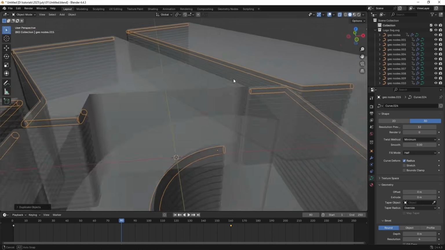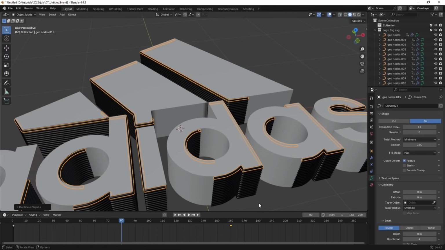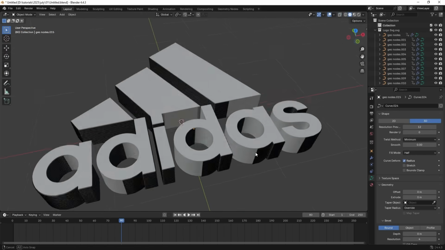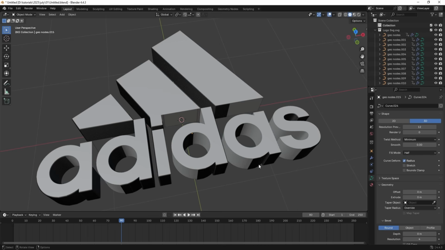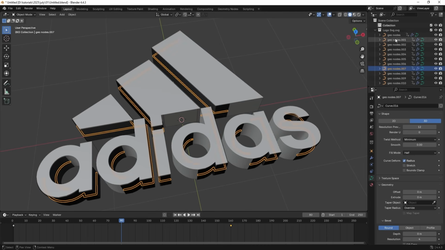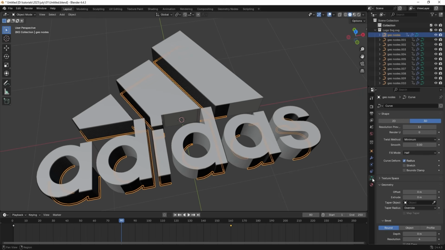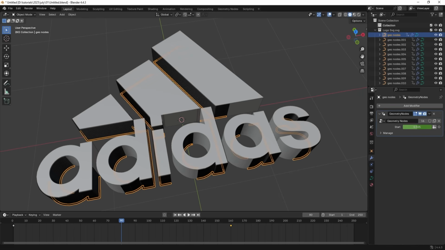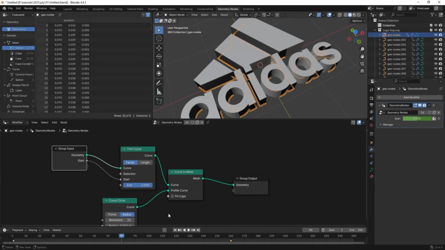Okay, this much looks good to me, and hold Alt Z. So our portion is ready now. I think this much looks good to me. Now I can select this geo node setup over here like this. You can go to the geometry nodes and